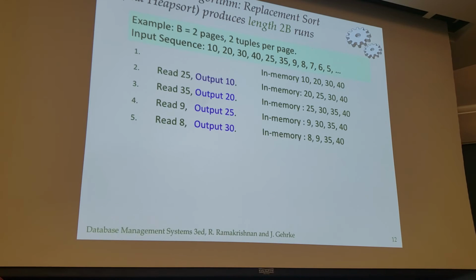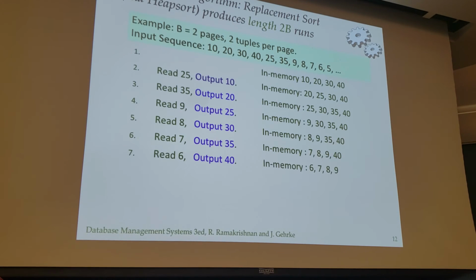Now we have the 10, 20, 25, and 30. Our output buffer is full. So basically, what are we going to do? We try to read the 7, we try to output the 35, but the trouble is we will write out the output buffer when it ends up becoming full, but we'll keep producing outputs in a new buffer. So every time we read something in, we'll write out the smallest value that we had so far,